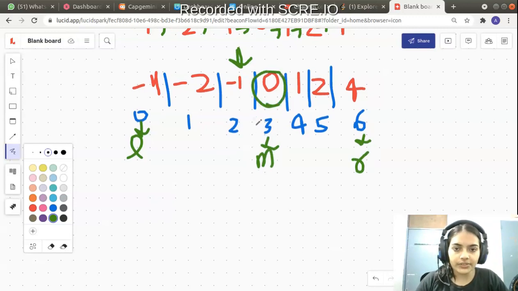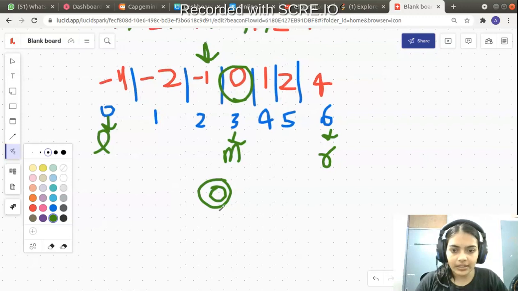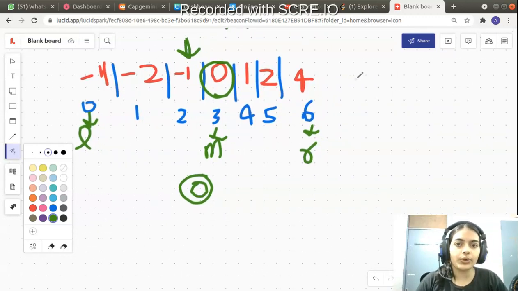So what are we going to do? First, we are going to place the mid value here. Okay, so the mid value is 0, and that is going to get placed as the first root node's value. Okay, after that, we are going to write two pieces of code. We are going to do it recursively, right? So what is the first piece of code?